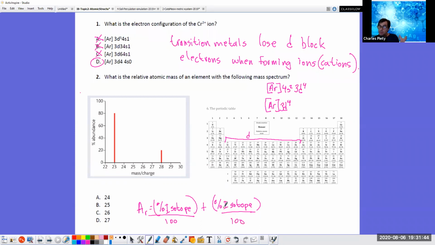Okay, so let's see. The math isn't that hard. So we have something at 23, and it looks like 80%. So we're going to say 80 times 23 divided by 100 plus 28 times 20. We're going to divide that by 100. And